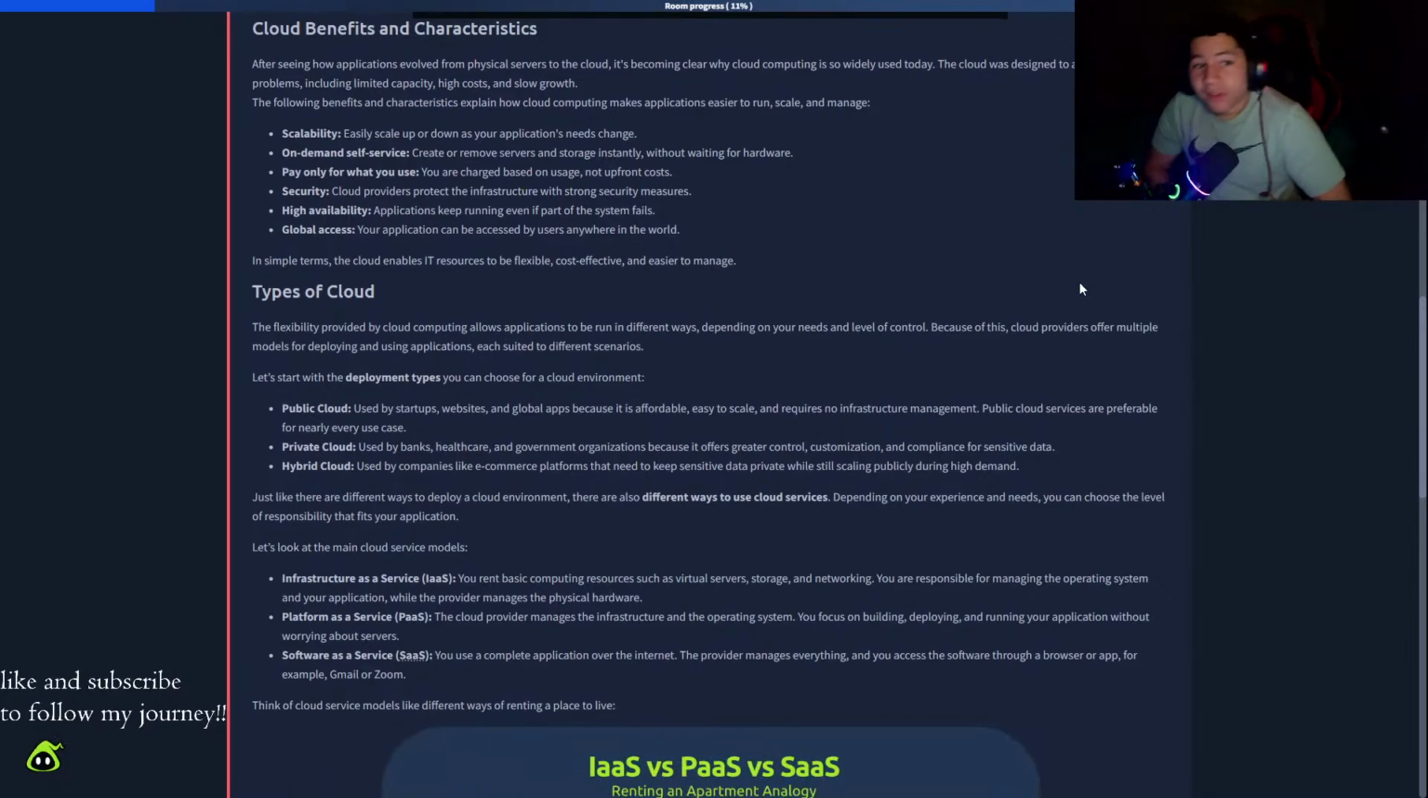So, cloud benefits and characteristics. After seeing how applications evolved from physical servers to the cloud, it's becoming clear why cloud computing is so widely used today. The cloud was designed to address common problems, including limited capacity, high cost, and slow growth. The following benefits and characteristics explain how cloud computing makes applications easier to run,